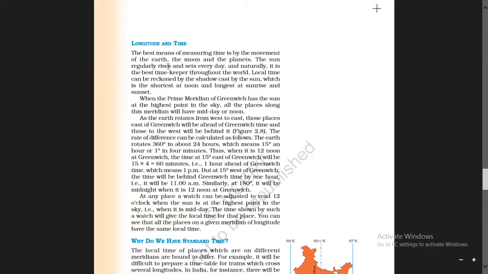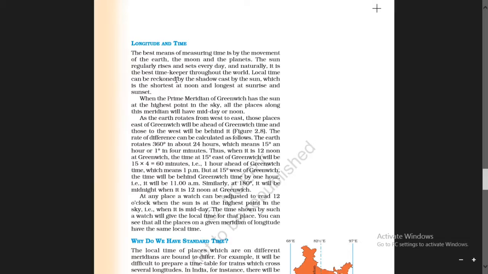The sun regularly rises and sets every day, and naturally, it is the best timekeeper throughout the world. Local time can be reckoned